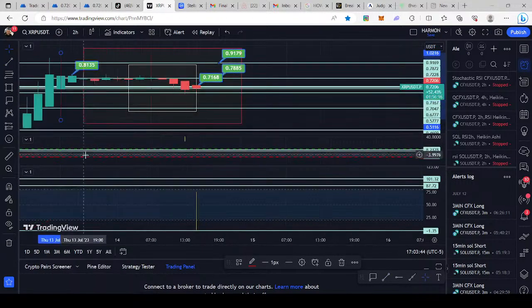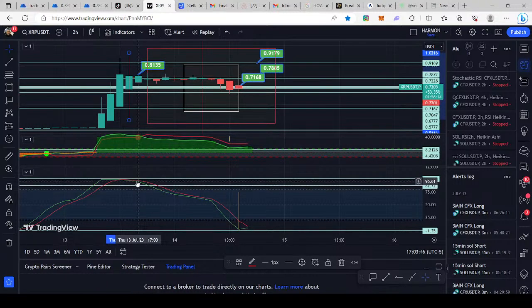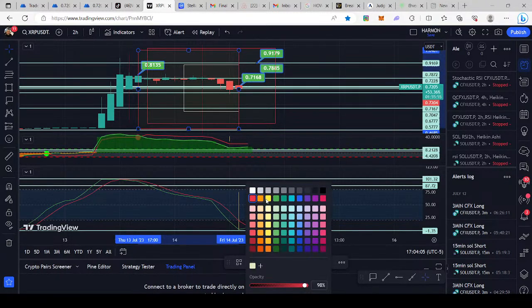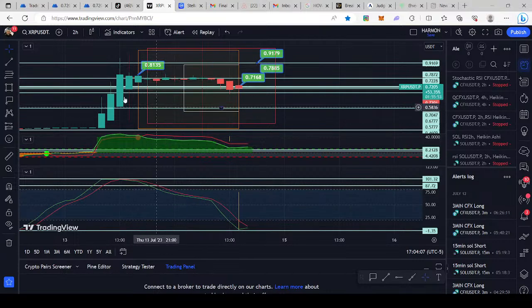And then we look for the 2-hour coming down, which we can see right here. The 2-hour starts to break down on the RSI right at this level here. And this is going to be the box that I put in here for the 2-hour breaking down. This is going to be the box that we're going to make orange because that's for the 2-hour right there. There we go. So now we have that set up, and that's how we find our short position and the